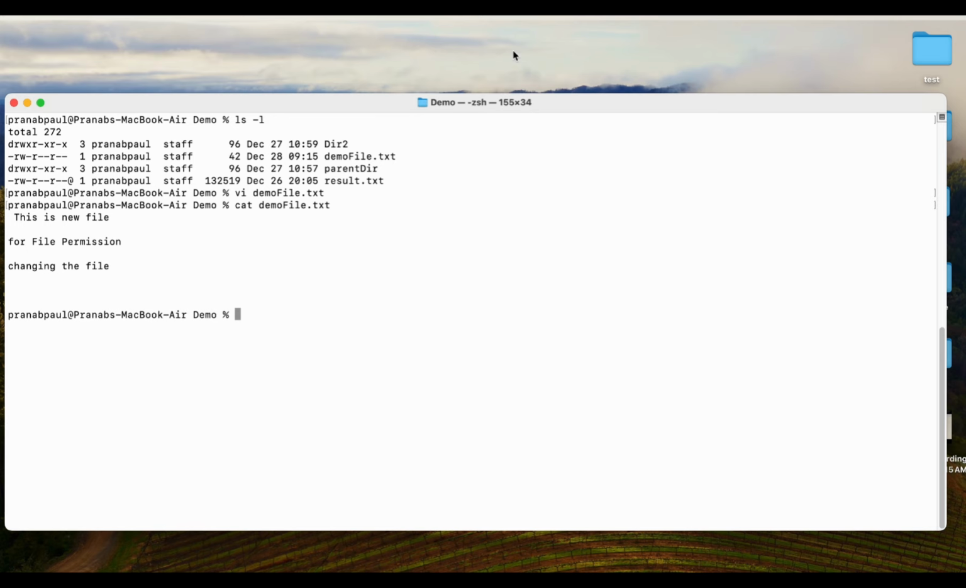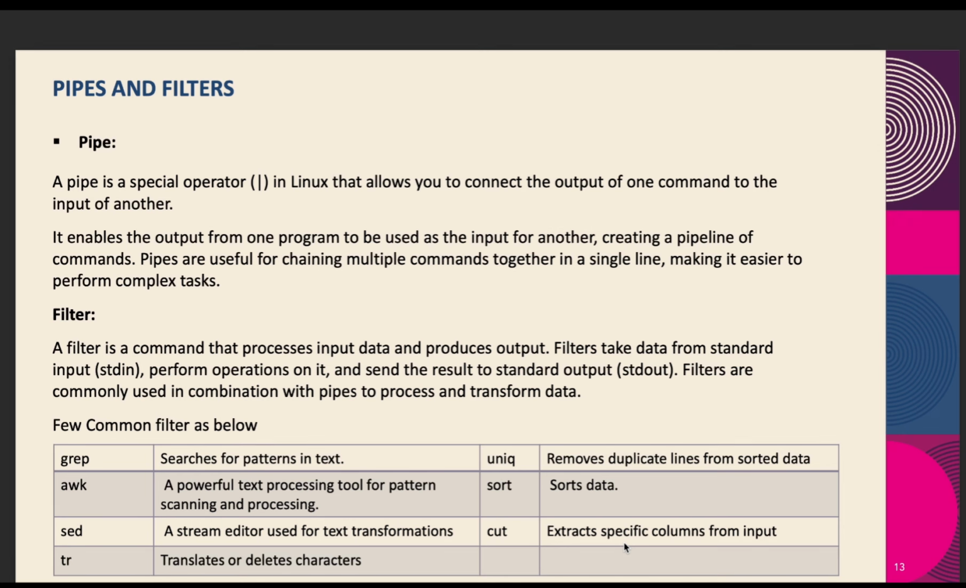We'll go to the next topic. So the next topic is pipe and filter. In Linux, pipes and filters are powerful concepts that enable users to manipulate and process data efficiently. By using pipes and filters together, you can create a powerful chain of commands that can transform and process data step by step. This tutorial will introduce you to these concepts and show you how to use them effectively in